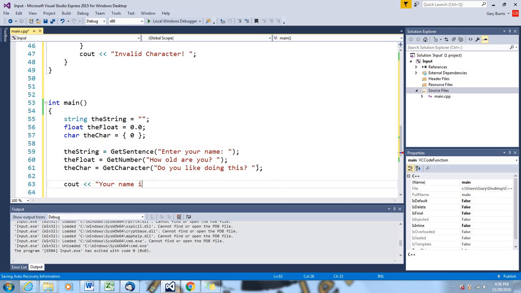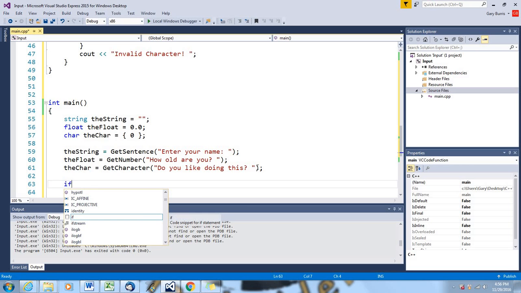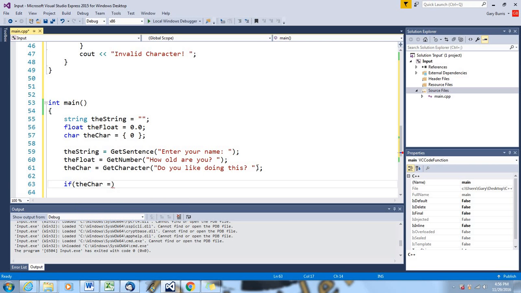Now, we have a yes or no type answer here, right? So I'm actually going to delete over that. So we're going to say if the char equals, and now for this comparison, we put the letter into single quotes. If you try double quotes, it'll put that end string symbol on the end of it, and it won't match. So you have to use single quotes if you're doing a char comparison. So we're going to say if it equals y,